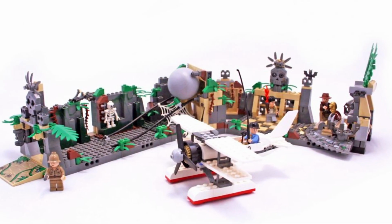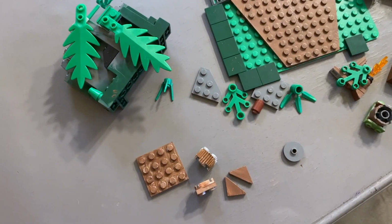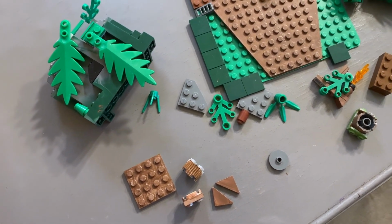And finally, the largest and probably most complex of these builds, the Indiana Jones vignette. Now, one of my favorite builds as a kid was the original Indiana Jones set, with the boulder and the Isla Jovitos, and I thought it'd be kind of fun to make my own recreation of that little scene, that little vignette. So we have a pretty good sized green base plate here,